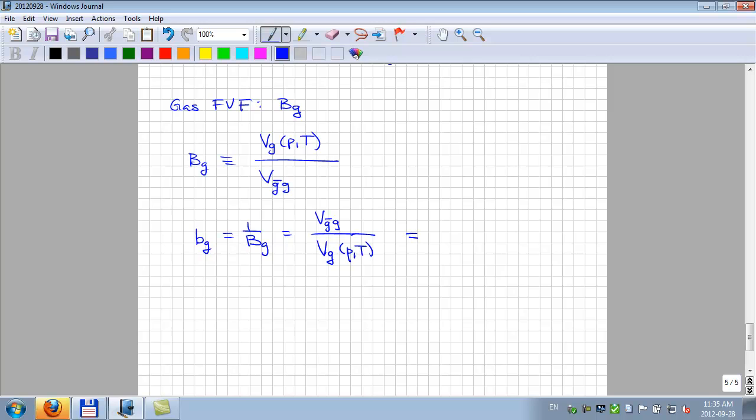And what this little BG term is telling you, if you have a cubic meter of gas phase at reservoir conditions, you bring it to the surface, and let's say you get no surface oil, it's a dry gas. Then this term would give you the expansion. You turn it into 200 standard cubic meters of sellable gas, or 100, or 350. Okay, so this is the gas expansion